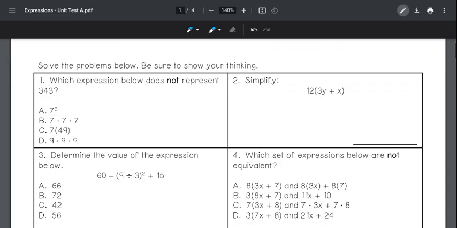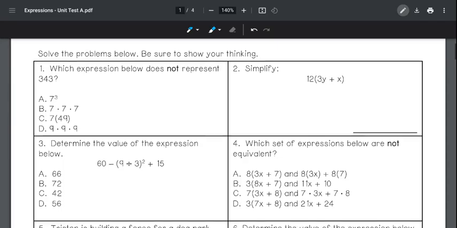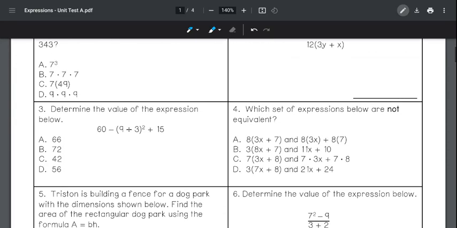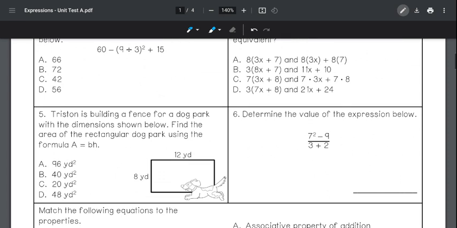2, simplify. 12 times the quantity of 3y plus x. Number 3, determine the value of the expression below. 60 minus the quantity of 9 divided by 3 squared plus 15. Number 4, which set of expressions below are not equivalent? Number 5,